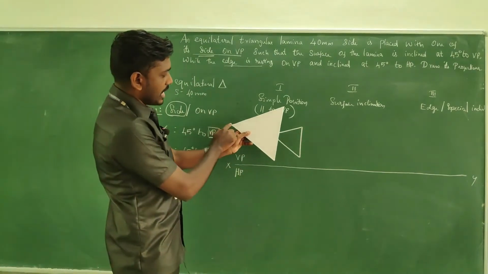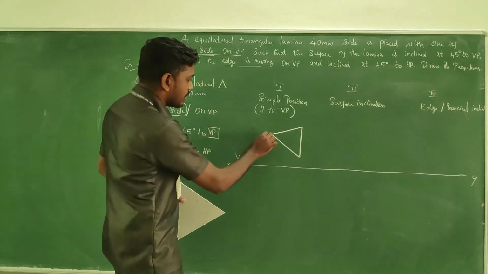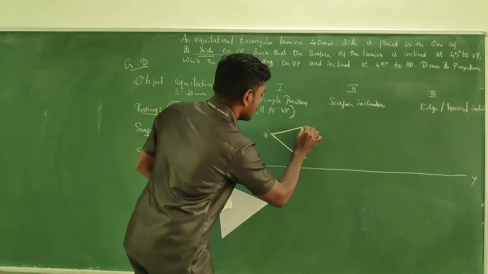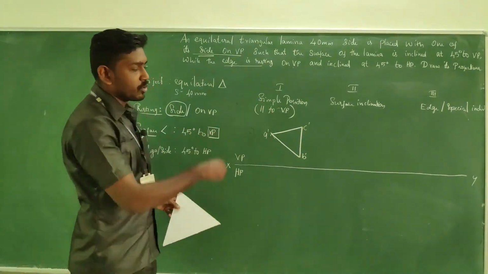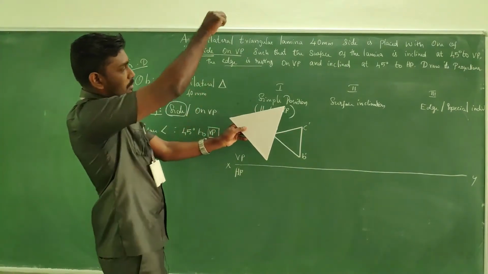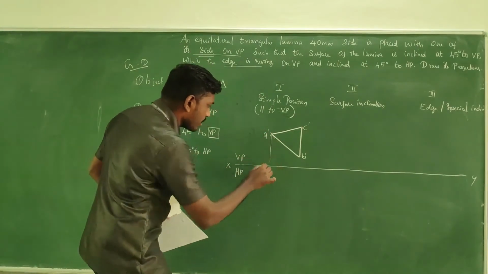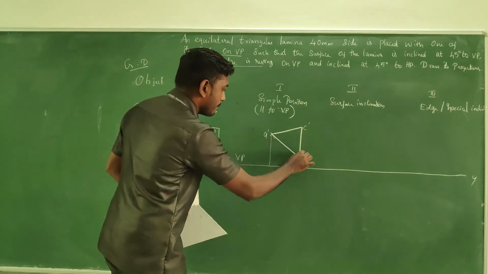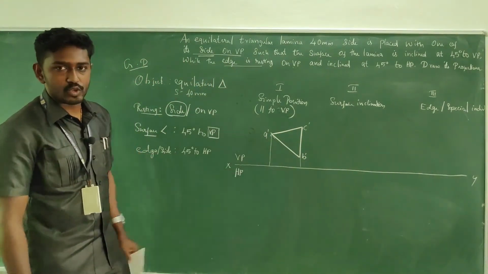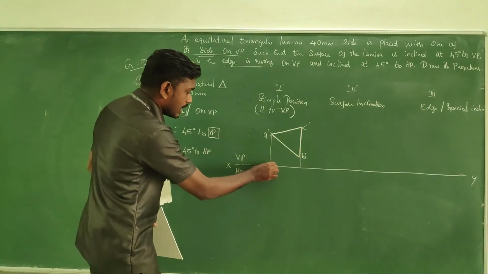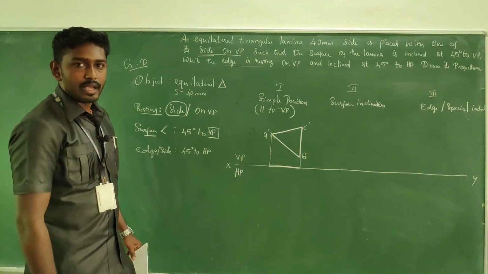I'm going to take this as A, this as B, and this as C. So I can name this as A dash, this is B dash, and this is C dash. What is next? For this position, we have to take the top view. We know from the top it is a straight line. So how can we capture it? Simply by taking the projectors to the reference line. From each and every corner, you can take a projector line to the XY line. If you draw a line between the projectors on the XY line, it's your top view observation.